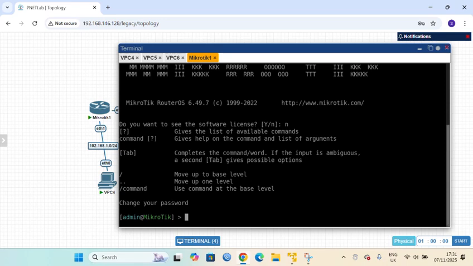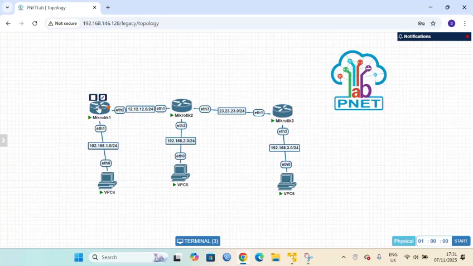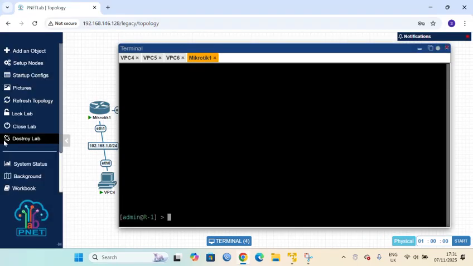So the rule is system identity set name router one. And if it is like this, you just have to delete this and go back again. And this, enter.